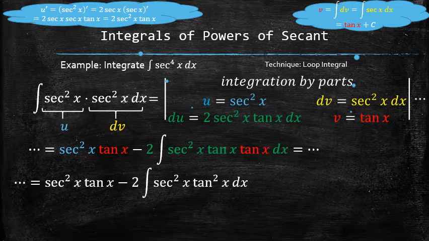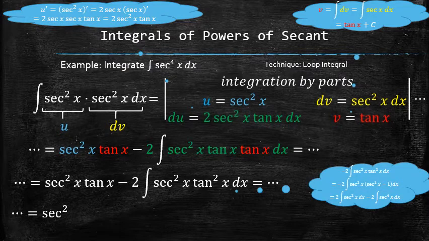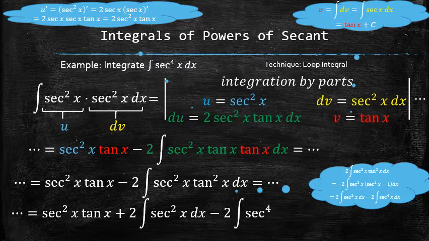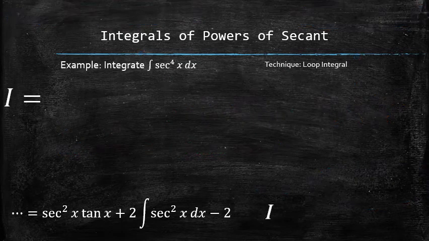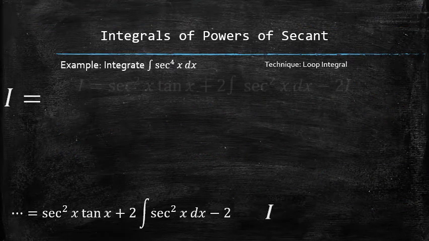To find the new integral, we use the Pythagorean identity to rewrite the square of tangent and then use the linearity of the integrals to split the integral into one simple one and one that is the original integral, which creates a loop. We introduce I to replace the original integral everywhere it appears. After removing all the intermediate results, we now have the following equation in terms of I.